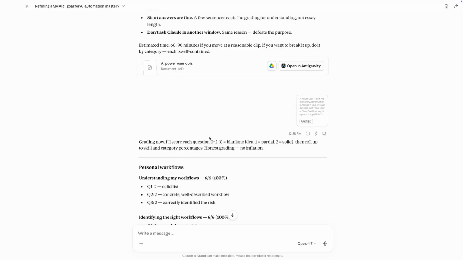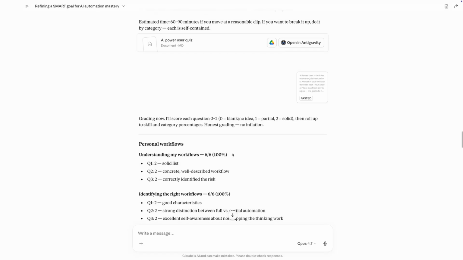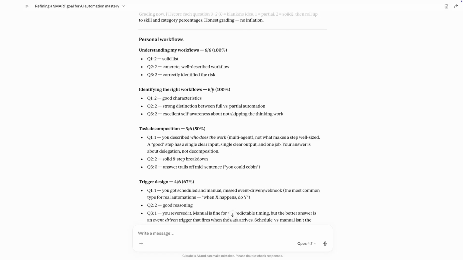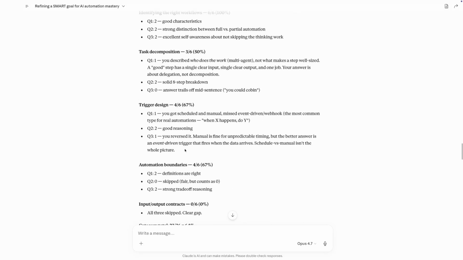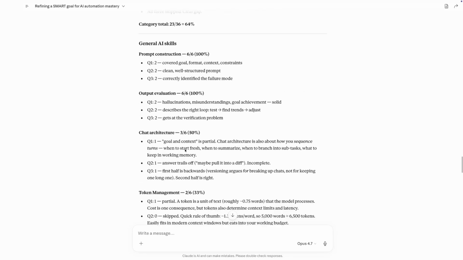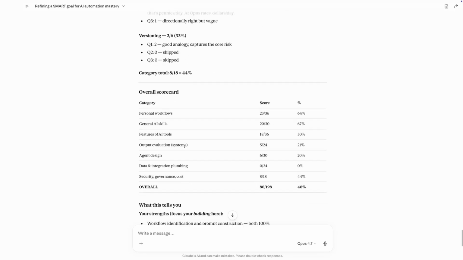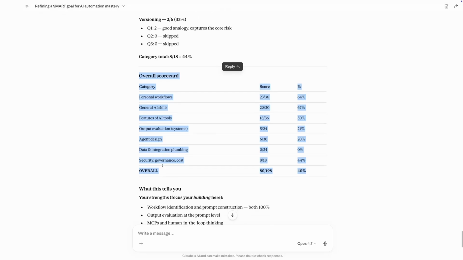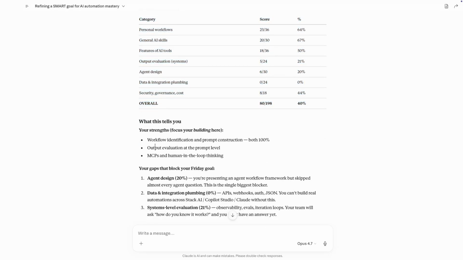After I finished the test, I pasted my responses back into Claude and had it grade my answers. You can see, going down to the overall scorecard, my categories: I had personal workflows, which I scored 26 out of 36, general AI skills, features of AI tools, output evaluation, agent design, data integration and plumbing, security, governance, and cost. These are all of the categories that were broken down into my deconstructed list. I then asked,